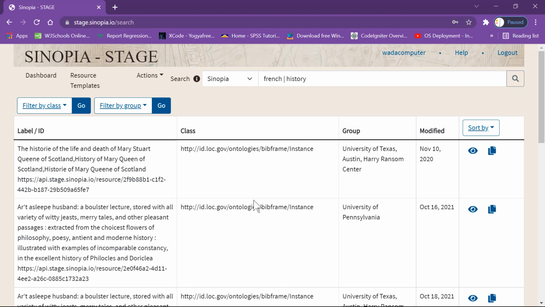So Sinopia does not handle multi-word searches as phrase searches. In order to make Sinopia treat your search phrase as one thing, you have to put quotation marks. For example, now I type French history. If you want Sinopia to look for French history completely, you put a